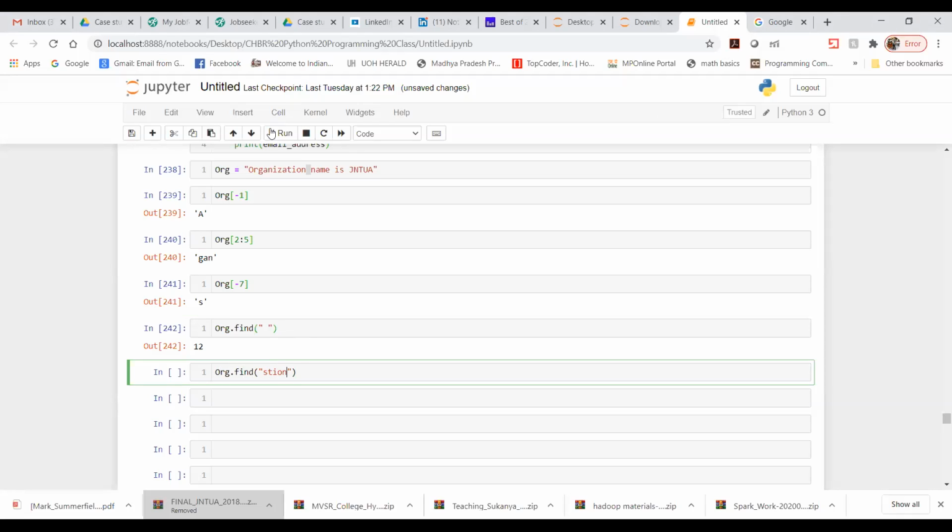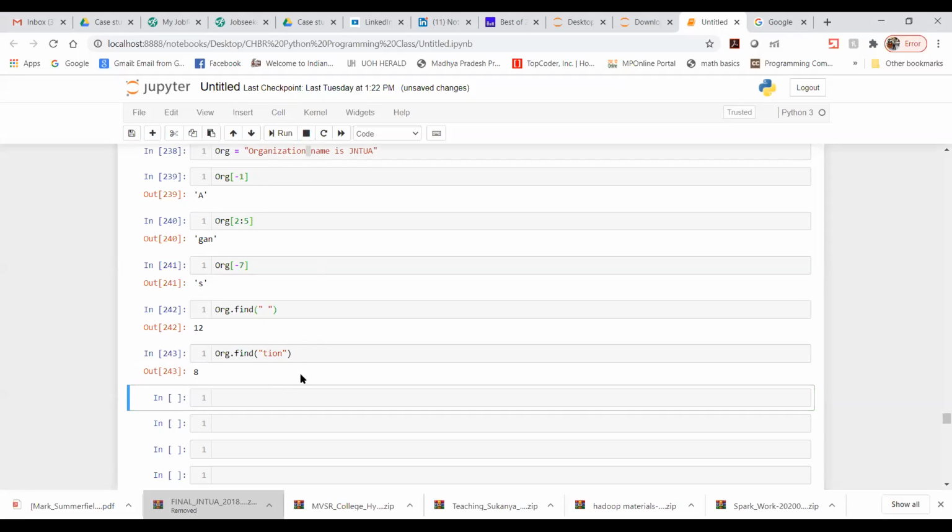You can see, in 12 we are getting a space. Now -4, which will start from here, which is nothing but 8. From 8 onwards we are getting TION.